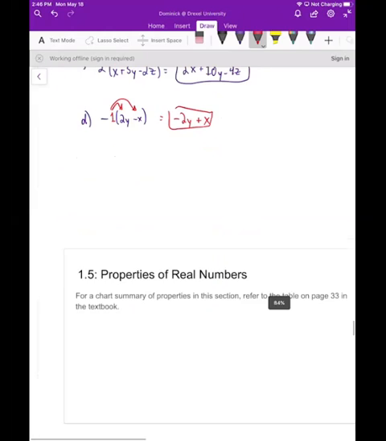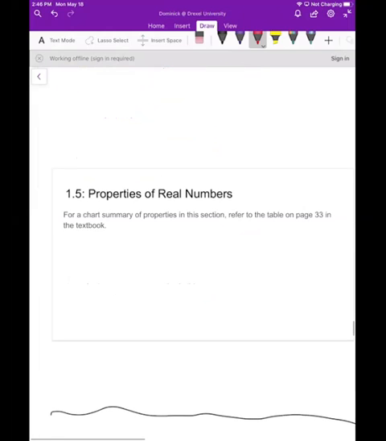Okay, so that is the distributive property, which is probably the one you're most familiar with. And if you'd like a summary of these properties, you could look at page 33 in our textbook. All right, but that concludes this